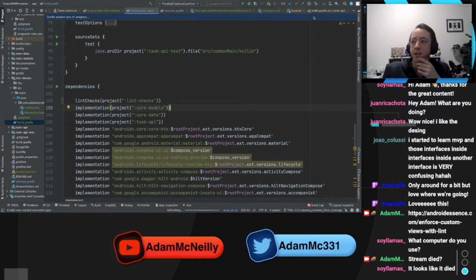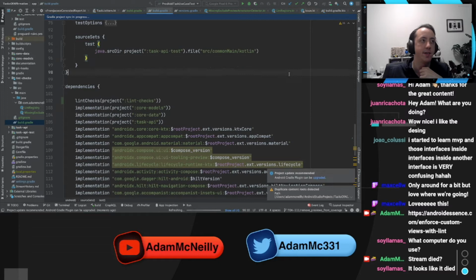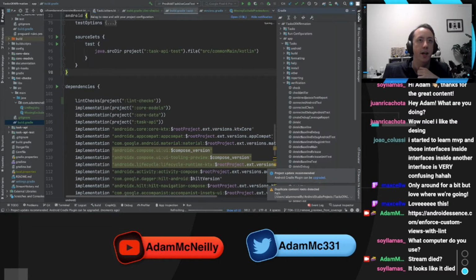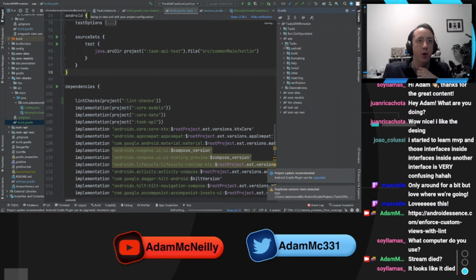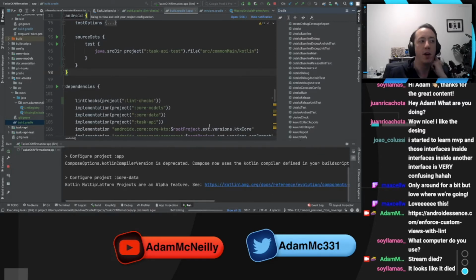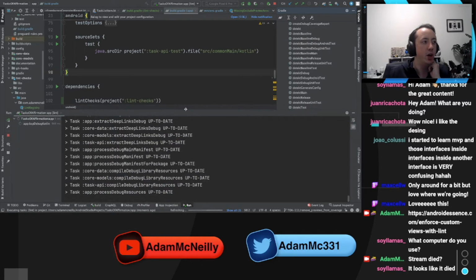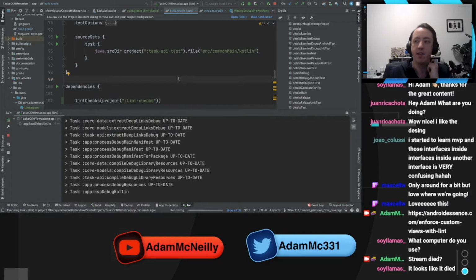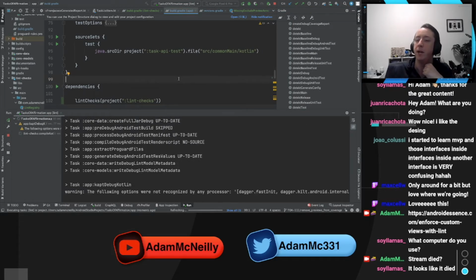Let's do a Gradle sync. And what I will then do is we'll go to Gradle, we'll go to app, I think verification. Yep. And I'm going to run lint on this project. So this might be slow. Lint can definitely be slow sometimes. So we'll have to fill some fluff, but